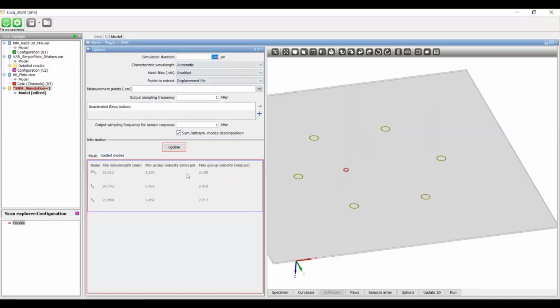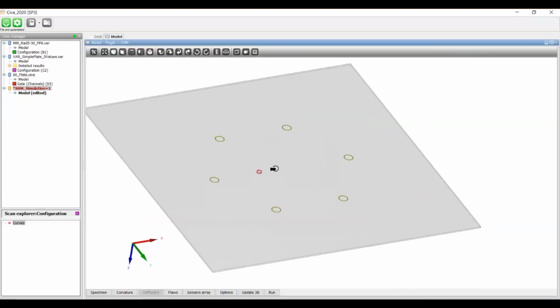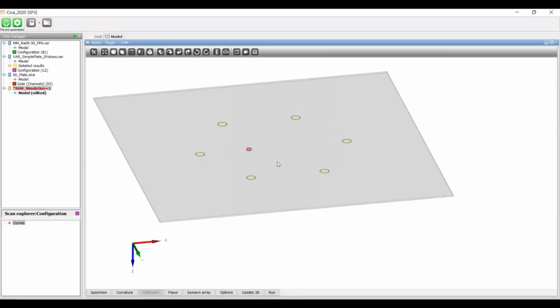You have here interesting information about the wavelengths and velocity of the main modes that should occur based on the pre-computations. It's also a good information to predict duration of the travel time, and it's more or less ready to run with this information. So this case will typically take between 20 and 30 minutes to run. Even in some computers, it can go less than 10 minutes.